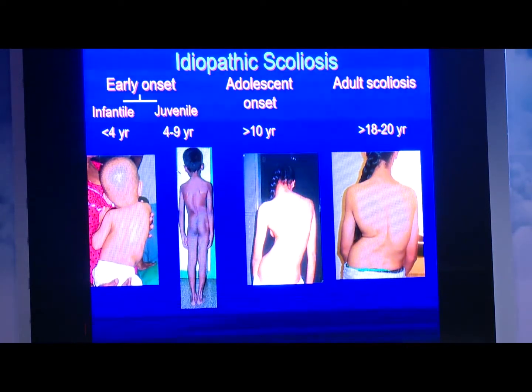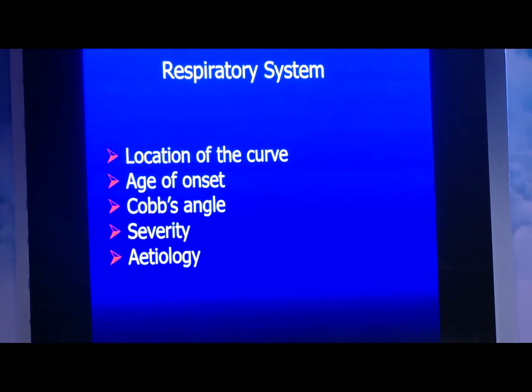At the same time, I wanted to confess that of the malignant hyperthermia cases we have seen, the first 5 reports in Indian literature, all 5 patients belong to Kerala. So this is another thing I wanted to convey to you. Then adult scoliosis is above the age of 18 to 20 years, but of this, adolescent scoliosis is the most